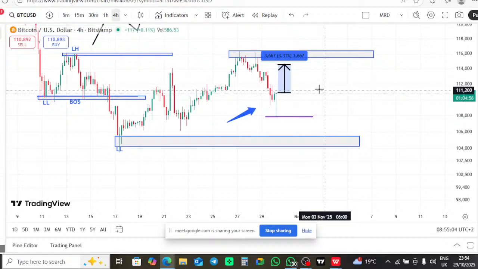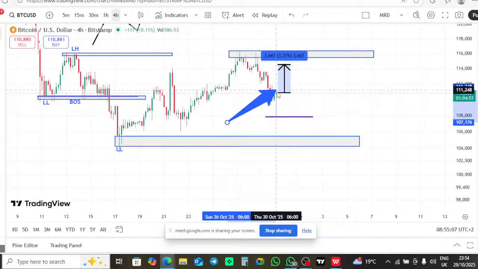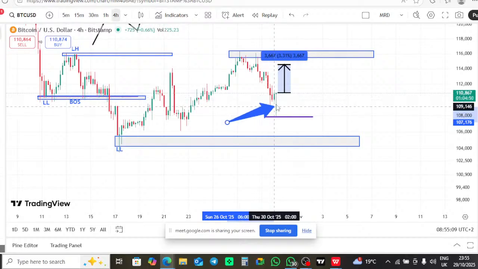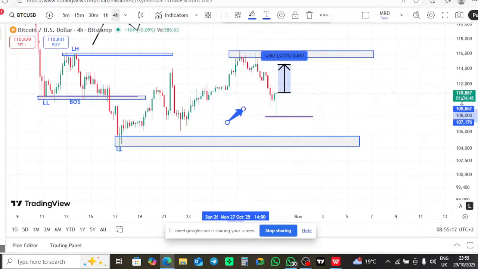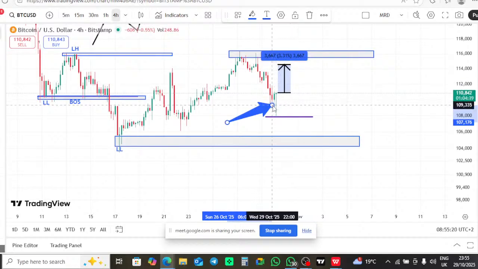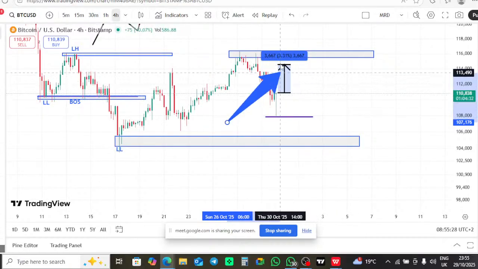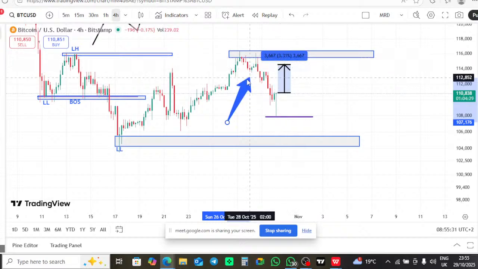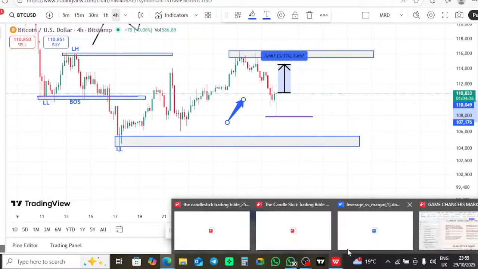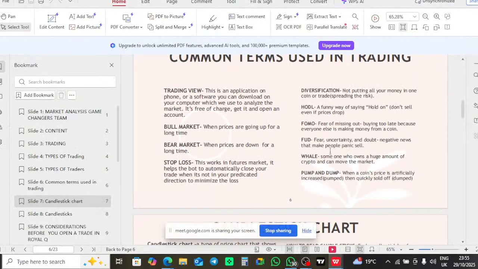But now, what we are observing here, we are seeing a good rejection from the market. If it continues like this, and I think we have 1 hour to go out of 4 hours for the candle, we have only 1 hour to go. It means if this candle closes like this, the way it is, that is a good indication that the market has rejected this area, and now we are pushing up again. Are we together? So that is the use of stop loss, guys. Don't leave it behind.